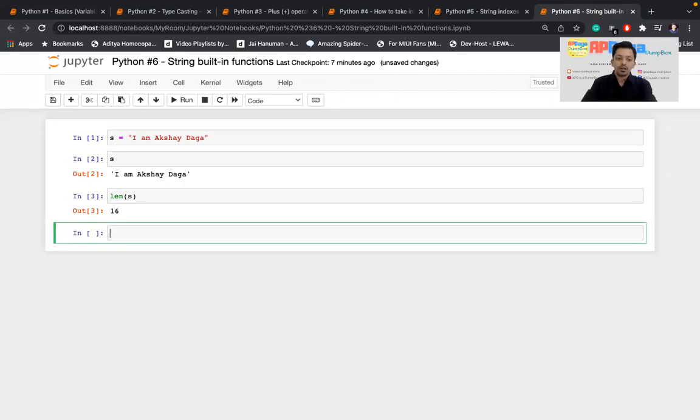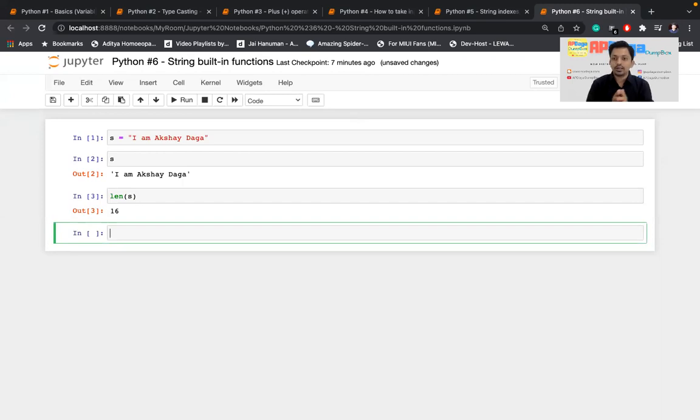Okay. Then if I want to get the index of any of the characters from the string, how can I do that? In our earlier lecture, we have seen that if you have a string and you know the indexes, you can get the substring of that string. You can get the particular character from that string using the index.